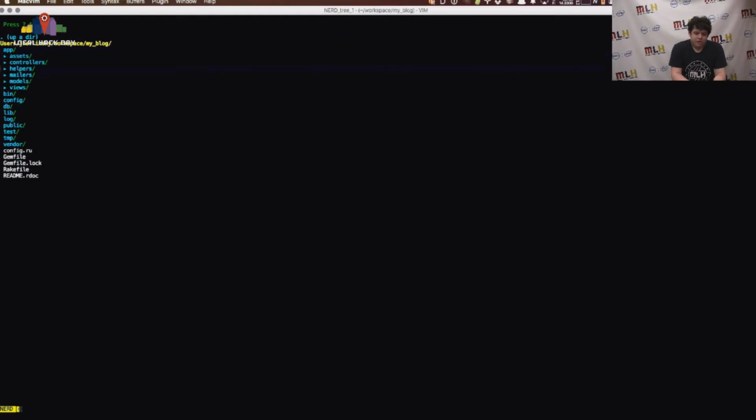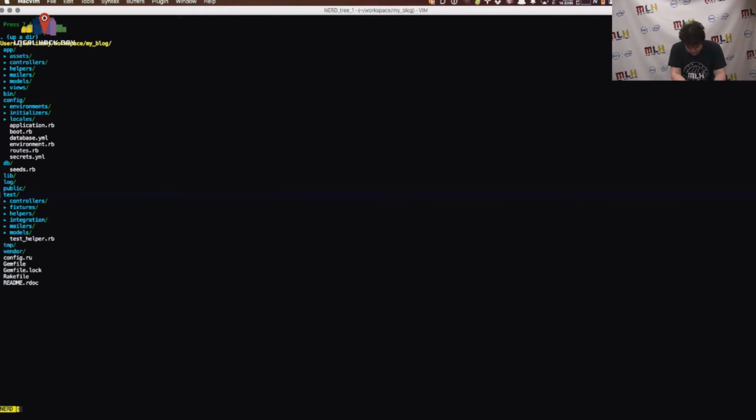You have all of the code that correlates to what your application does in its regular operation in an app directory, which contains the model view controller separation. You have a directory for models, a directory for views, a directory for controllers, and a couple other directories that you might find useful further down the road as you build more Rails applications. We have a directory that describes our database. We have a directory that describes configuration of the application in various environments, so when it's on a server as opposed to when you're using it locally. And we have various other directories that allow us to very quickly and easily test our applications.